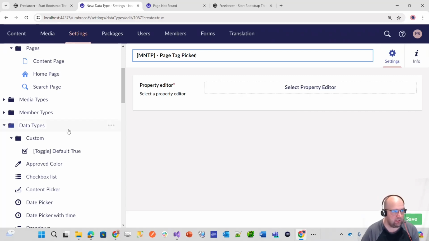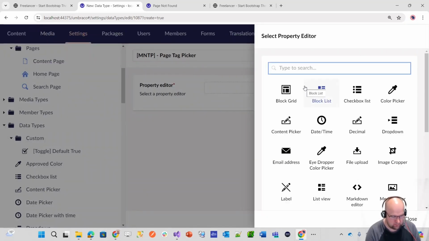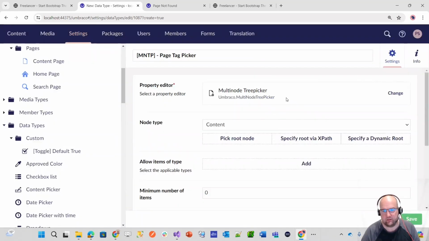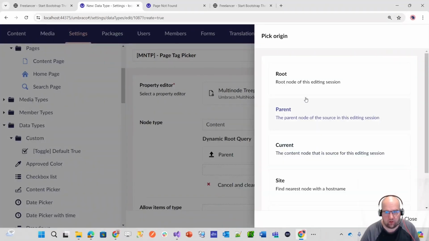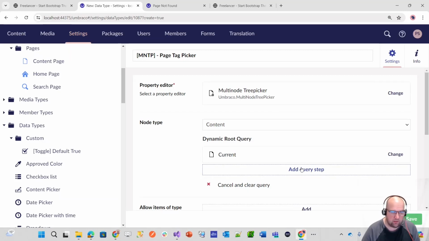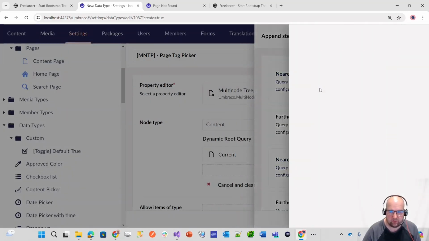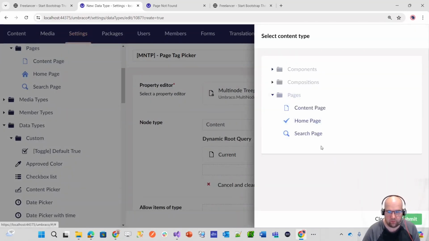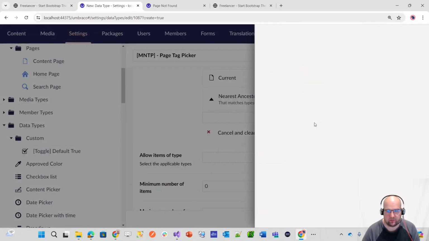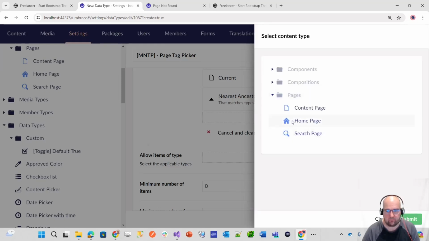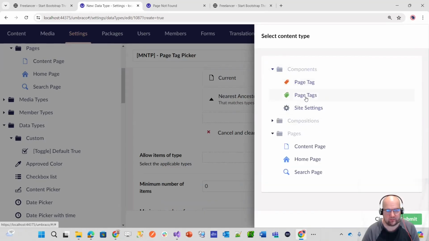And so I'm going to create it as a multi-node tree picker. So just search for the word tree. I'm going to use a dynamic root query. So I'm going to look for content. I'm going to specify a dynamic root. I'm going to start from the current node. Then I'm going to go up to the nearest ancestor or self, which is of the type home. Then I'm going to go down to the nearest descendant or self, which is of the type component, which is page tags,